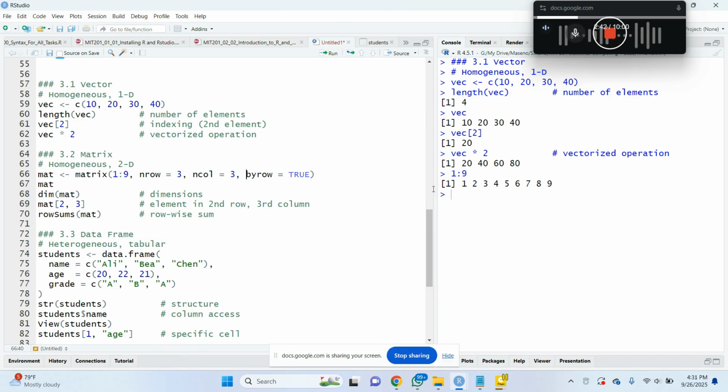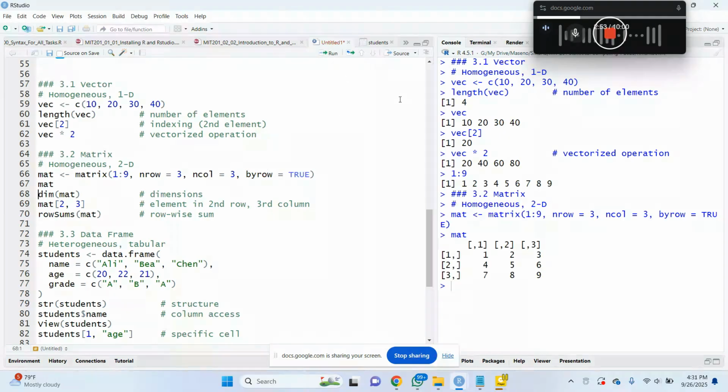Also, the default is usually to put the values by column. So if you don't want them to be put by column, but rather by row, you have to specify that in this argument, byrow is TRUE. So in this case, when we run, you can see we have values 1, 2, 3, 4, 5, 6, 7, 8, 9. If we change this to make it around 7 and we run,